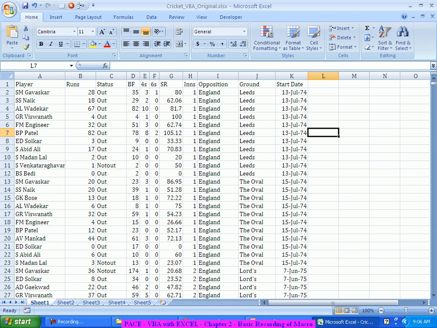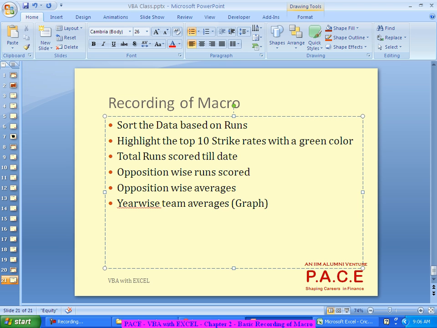If I have to do all these, at least 6 different tasks, and of course it's not just 6, because we may have to use so many clicks and so many formulas, and at the end it may go to many more activities. And if I don't record it, there is a possible chance of inconsistency across the different files.